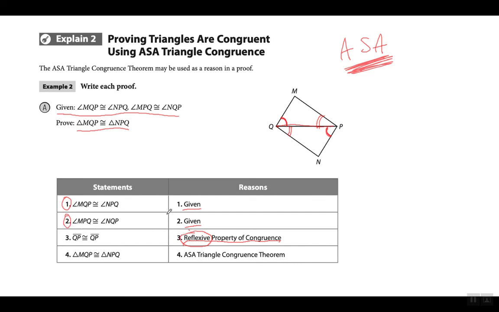Now, once we've done that, let me take you through the logic here. We already proved that the 2 angles are equal. And this included side, the side that's in between the 2 angles, is equal. That's all we need to prove what we needed to prove, which is that the two triangles are congruent using the ASA triangle congruence theorem. Listen, these questions are always multiple choice, so the program is guiding you through it. So it should be pretty easy to figure out, guys. It's not going to be difficult, trust me. Okay,